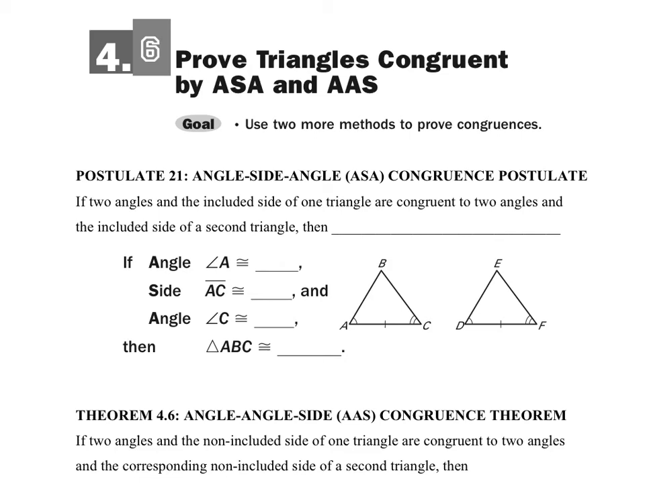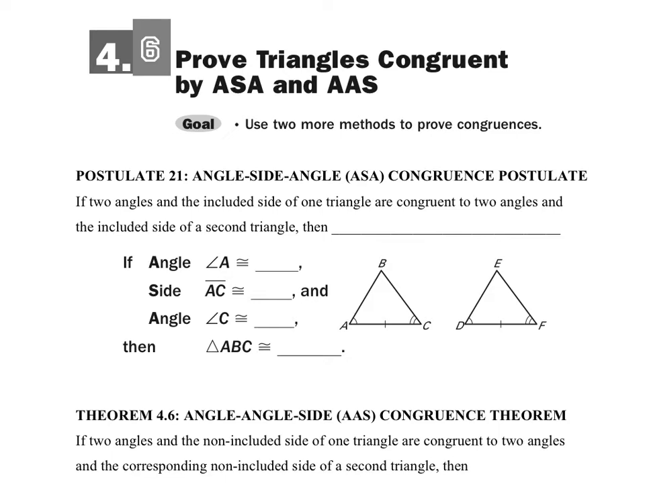Okay, in this lesson 4.6, we're going to continue proving triangles congruent, this time by using angle, side, angle, and angle, angle, side. Okay, so I think we need to just do a quick definition of